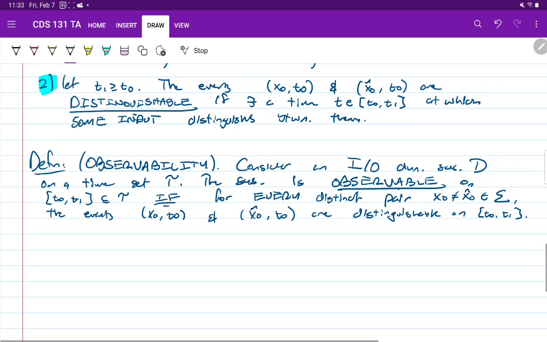Okay? So basically what observability is saying is that for some time in this interval [t0, t1]